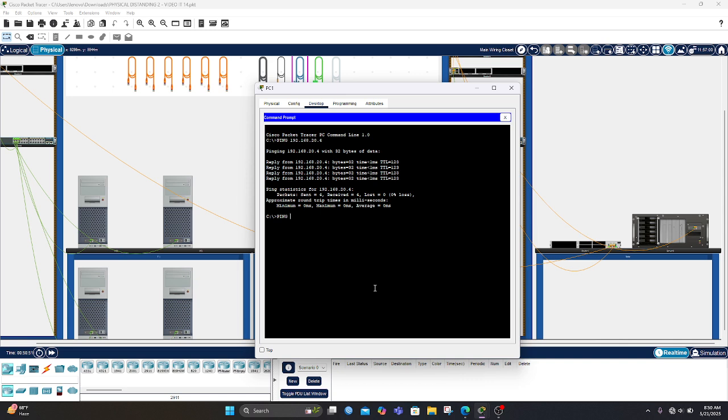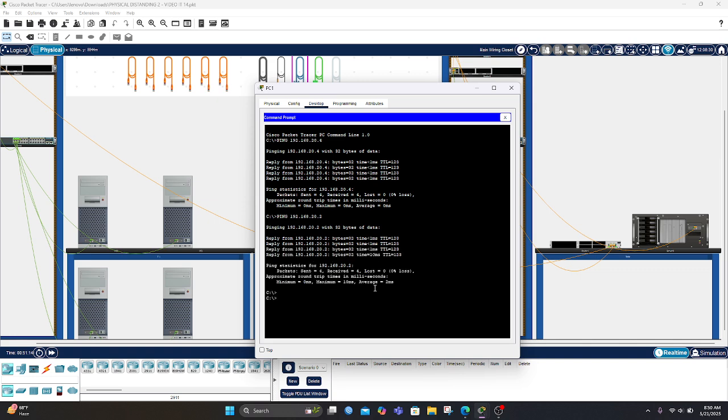Let's ping from PC1 in area 2. Ping successful. Now ping to the server, because the address of the server is 30.2, so let's ping 30.